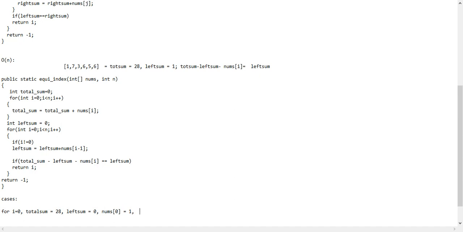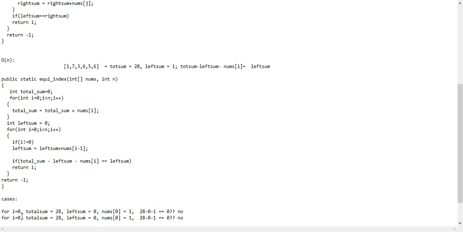Now if total sum minus left sum minus nums of i, that is 0, is it equal to left sum? 28 minus 1, no, it is 27, it is not equal.